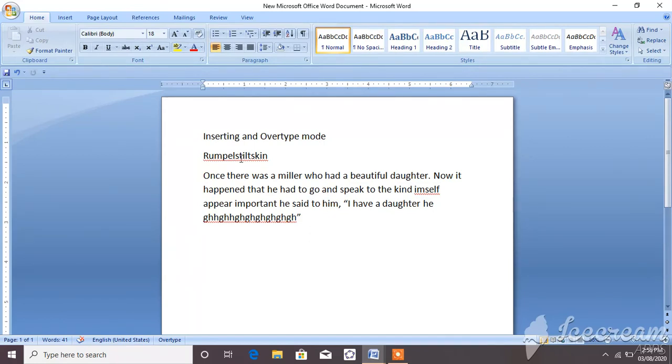Then we will see deleting text. How to delete the text? Okay, suppose I want to delete some text. Then one way is to select that text and click on the delete button. Another way is to use the backspace. Suppose I will use backspace here. See here, the words get deleted. There are two ways. Either you select the text and click on delete, or you use the backspace.